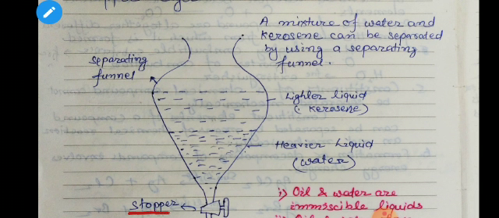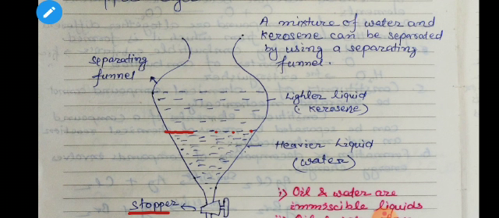And press the mouth of the funnel with your thumb. Shake the contents vigorously for some time, and now keep the funnel undisturbed on a stand. So kerosene oil forms the upper layer because it is lighter, while the water present in it forms the lower layer. Since kerosene oil and water are completely immiscible with each other, there is a clear boundary of separation. You can see at this position that there is a clear boundary of separation.